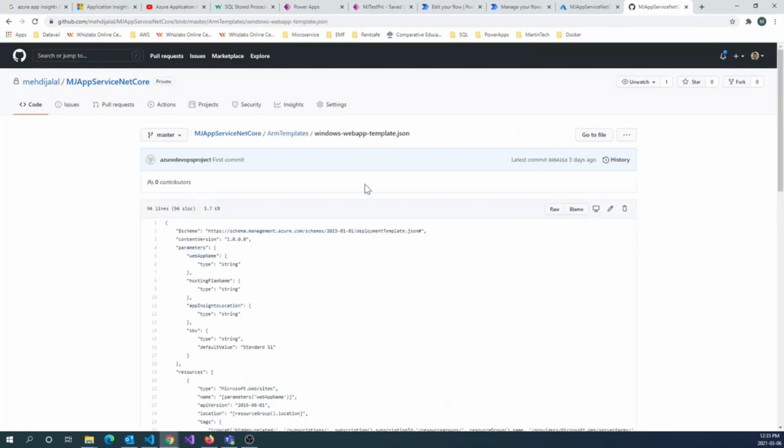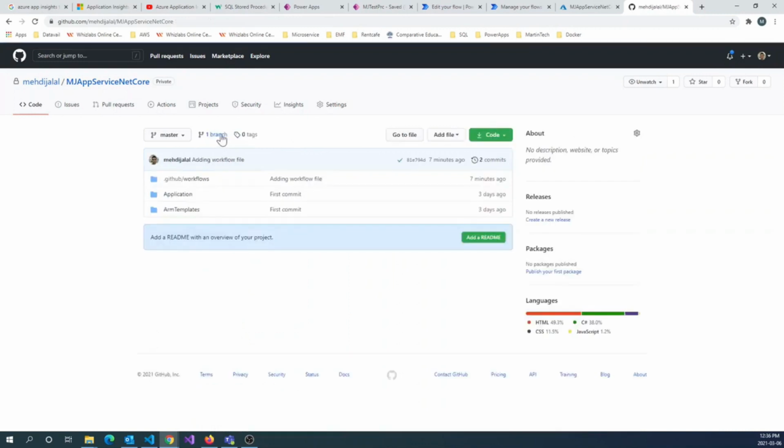As I said before, in this JSON file you create, it contains all the services and resources you need to configure on the Azure. So if we come back,